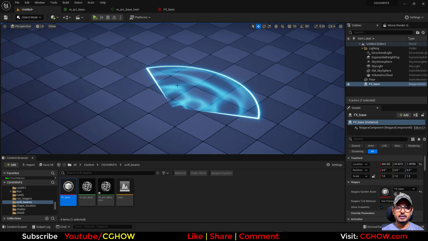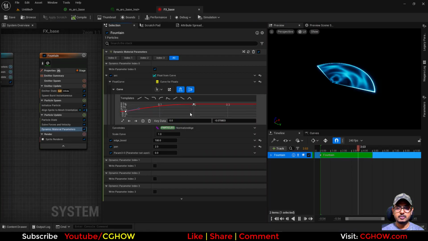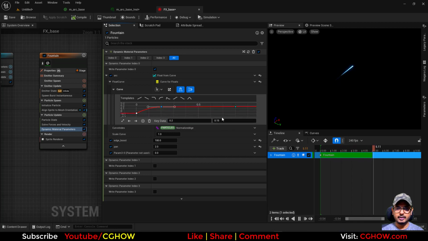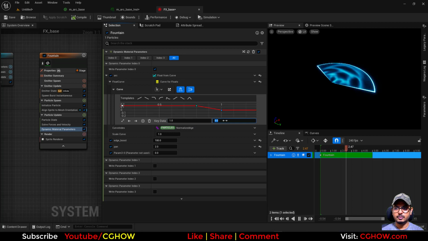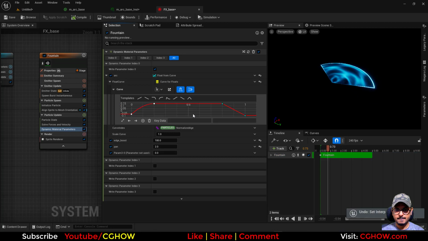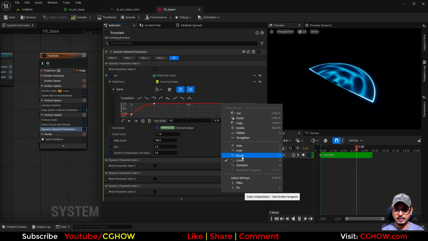So here we have this thing, and I want when it's finishing this should be the reverse curve, so this is like from 0 to 0.2, so I will put a key on 0.8, that will be the same key, same value, like it has 0.15, 0.15, and at the 1 it will again come to 0, minus 0.1, and I'll just make it a little faster, so right click and break this key,